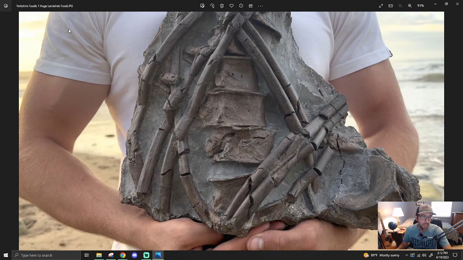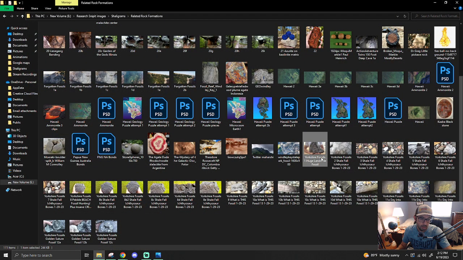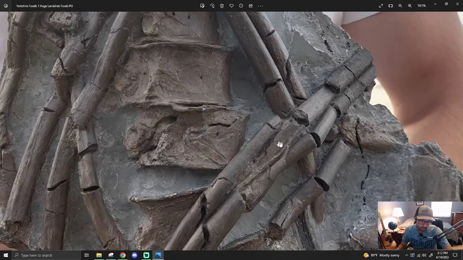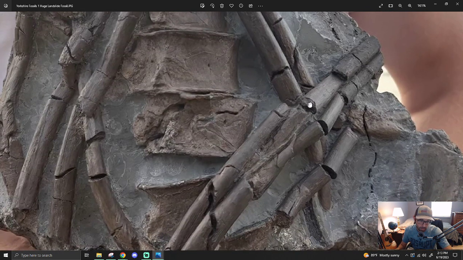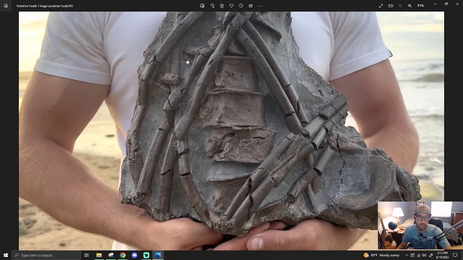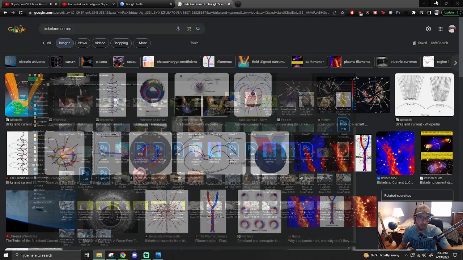This from Yorkshire Fossils, huge landslide fossil episode, where it's Birkeland current. It's a literal Birkeland current fossilized. I talked about this before, so I won't go into detail about it right now, except, for instance, 2 becomes 3. It wraps around. Why would bones lay like this in these diamond shapes? Which kind of reminds me of,